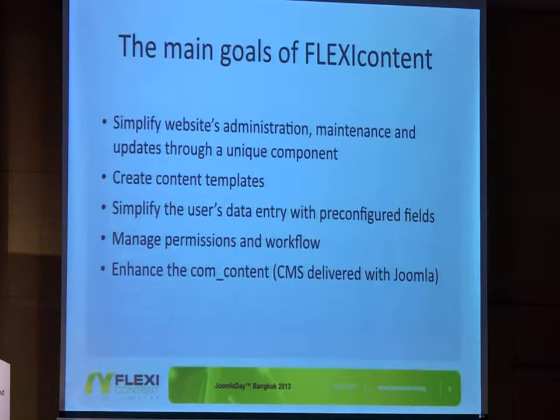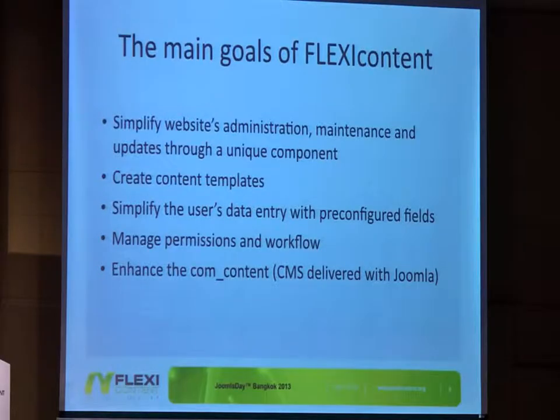The fourth goal was to manage permission and workflow. When you work on a website with multiple contributors, you need to be able to define who is able to publish in what category. If someone publishes an article, it has to be revised by this kind of person. So it was very important to set some roles and permissions, and it was not possible in Joomla 1.5 at the time. So there was another component called Flexi Access, which was able to make it work together. It's not used anymore because Joomla now is powerful enough to manage this kind of thing, but at the time it was very important.